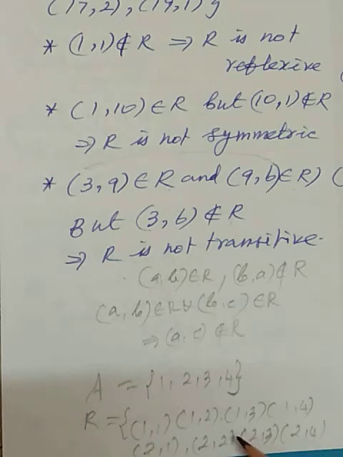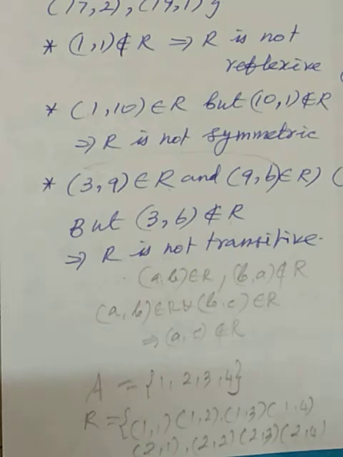So the universal relation always satisfies the basic properties. What are they? Reflexive, symmetric, and hence transitive. The next one: if a relation contains a single element, then the relation is transitive. For example (1,1). So the relation contains only (1,1) or (1,2), whatever it may be, then automatically it is transitive.